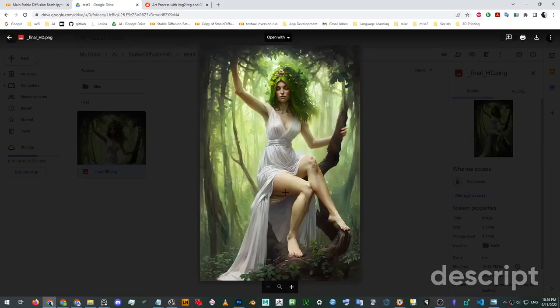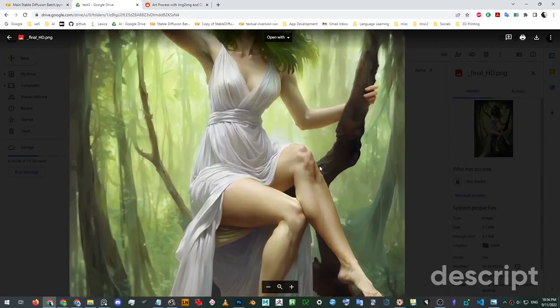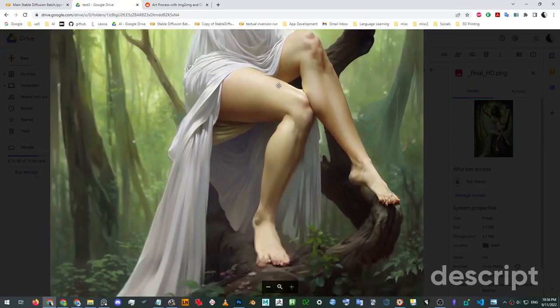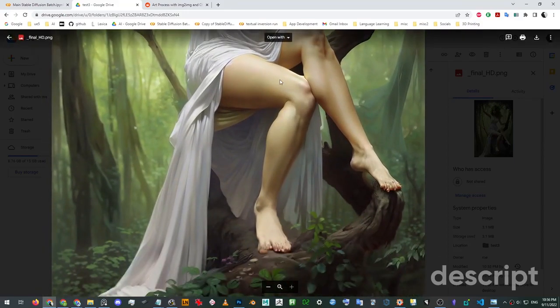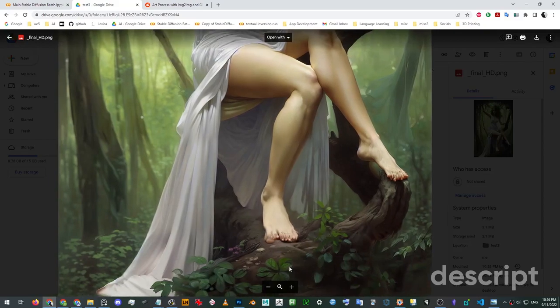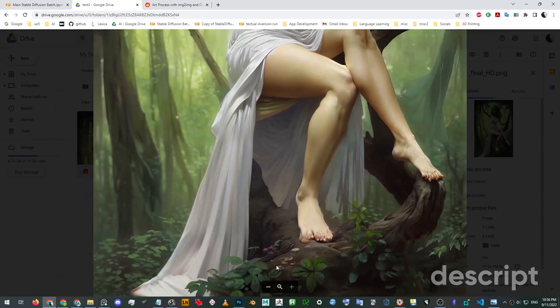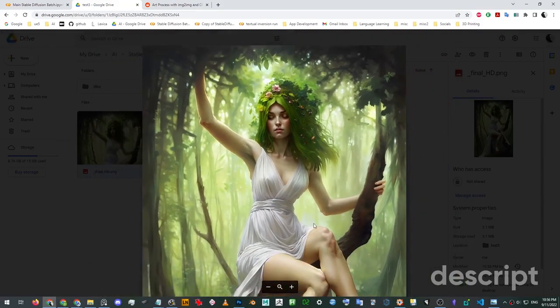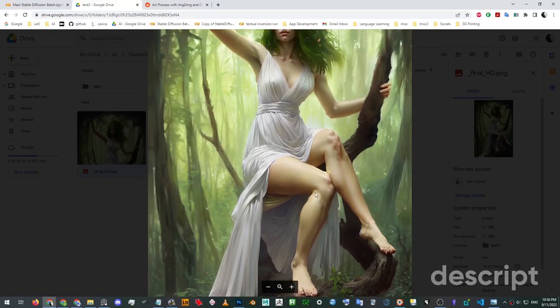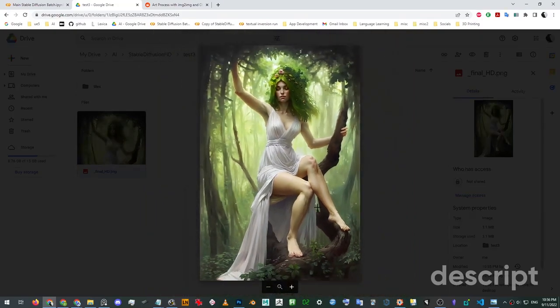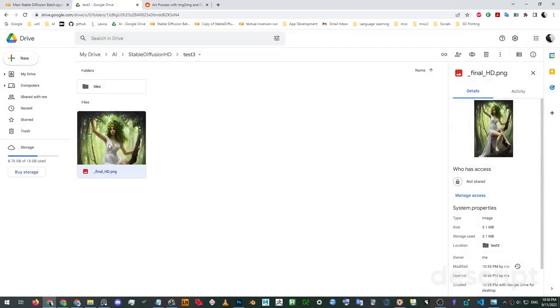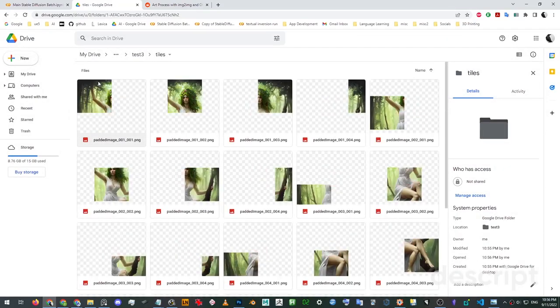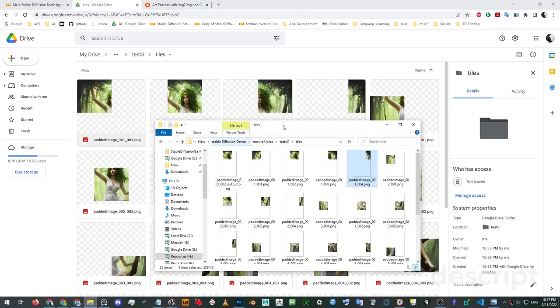So yeah, some of the pieces are a little funky, like the knee. So that's where Photoshop is going to come in handy. But you can see that there's no seams, the plants are detailed, things are looking pretty sweet. So those funky bits are pretty unavoidable, so that's why Photoshop is highly recommended. And if you go under tiles,